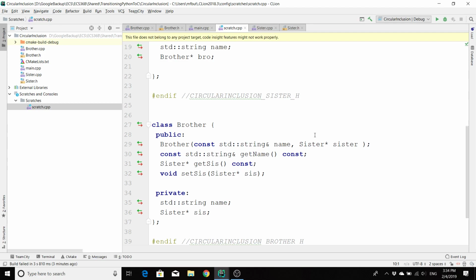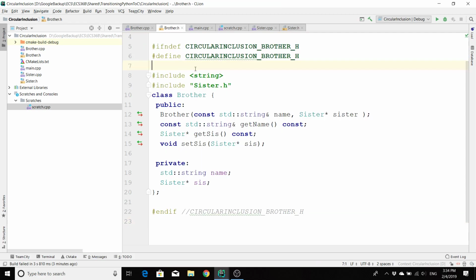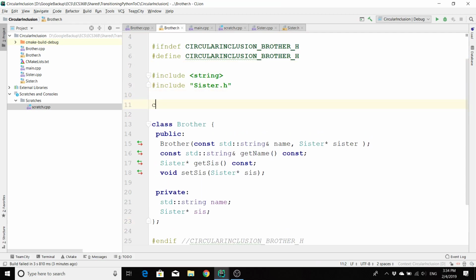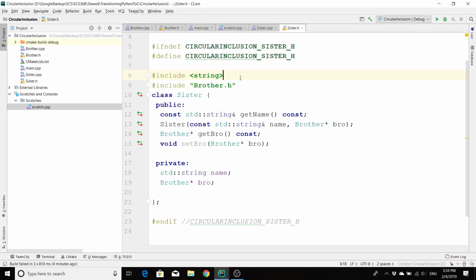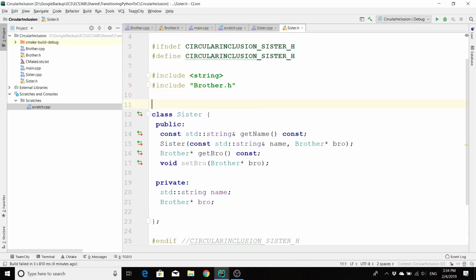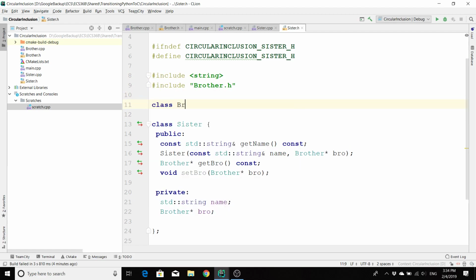And so your question might be, well, how do we resolve this? In order to resolve this, you have to do what's called a forward declaration and just say that that class or that struct exists. So over here in brother.h, I would say class sister. Hey, there's a class called sister. And in sister.h, hey, there's a class called brother. Great. And now if we build,